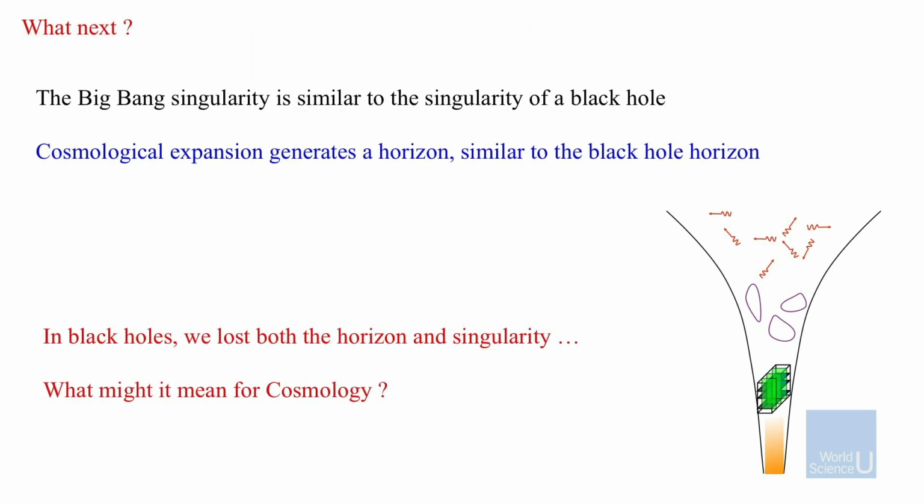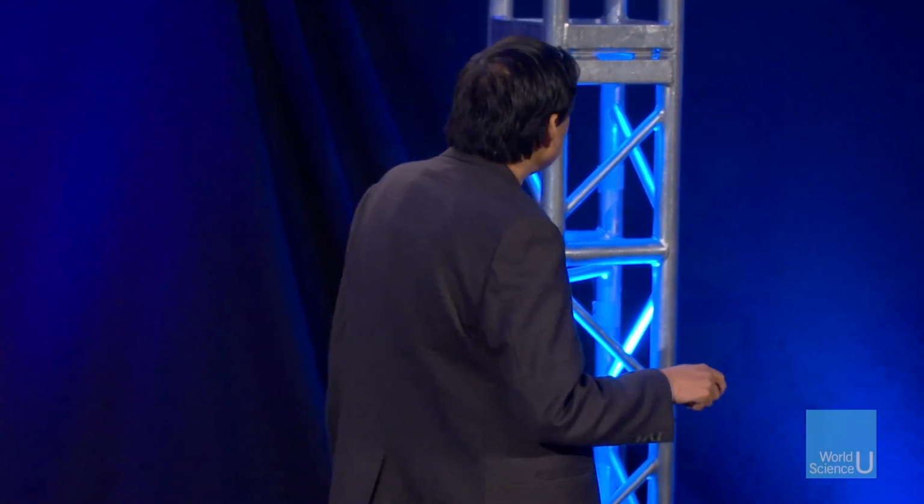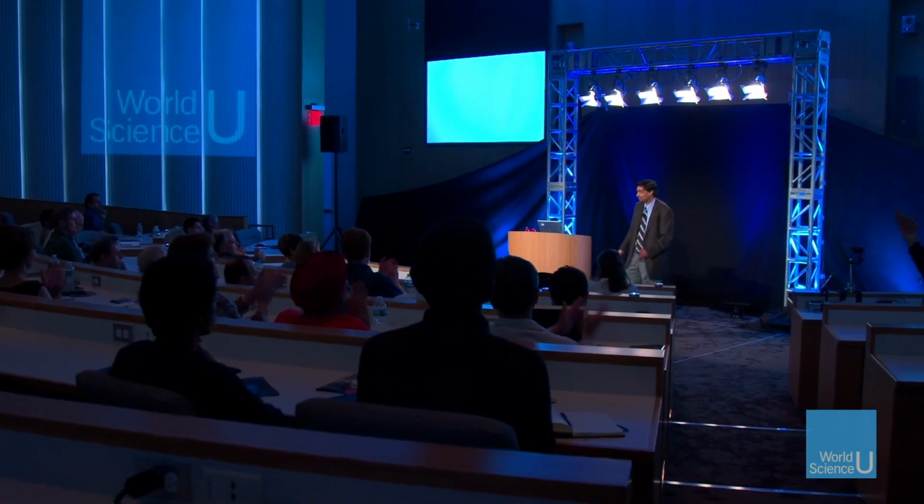Well, this is my last slide over here. What next? So we have solved the information problem, but in the process, we've completely changed the structure of the black hole. Where do we go from here? And for me, the most exciting question is, we should go to solve the other big singularity we know about in physics, which is the singularity at the Big Bang. Very similar. A lot of mass is being crushed down to one dot, just like happened in the black hole. But in the black hole, we found that quantum effects completely change everything. If that's going to happen here, we need a whole new theory for the Big Bang cosmology. And that's the kind of thing that we are most excited about right now.